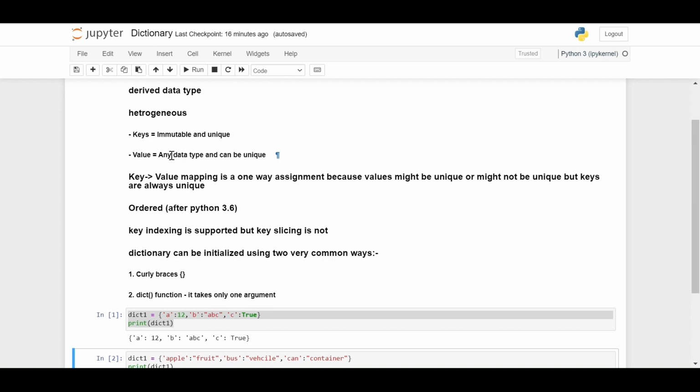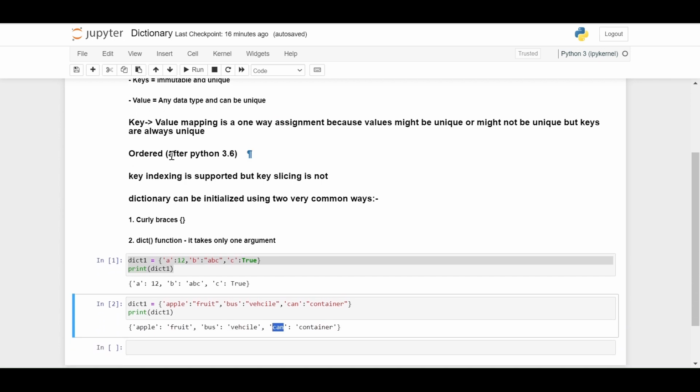When you have the same data type throughout the dictionary, it is called homogeneous. But dictionary supports heterogeneous, right? They can have multiple data types. Okay. So we have done one type of dictionary, right? Let's go to the second type. So we're going to make another dictionary